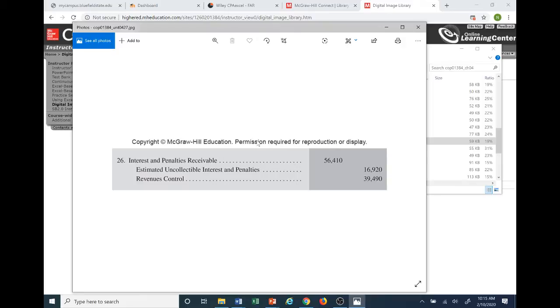Okay, let's see here. So accrual of interest and penalties. Once again, this is going to be the front end entry we just talked about. We wrote off the bad tax, uncollectible taxes, and the associated interest and penalties, right? So we accomplished that. So now if we want to accrue interest and penalties,